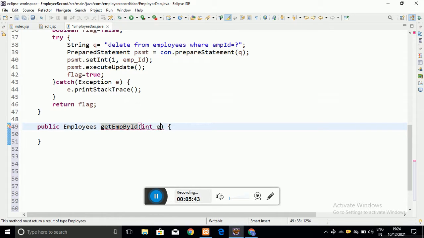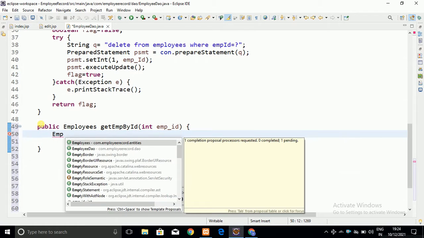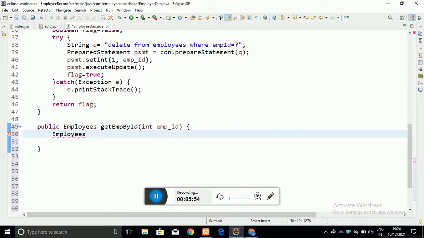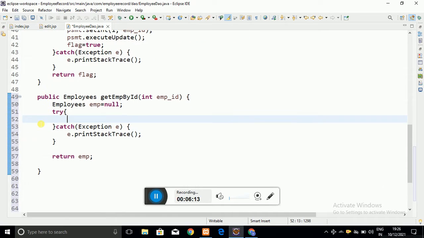First of all, let me declare an Employee instance, which is initially null and which is returned by this method. Here also I need a try catch block, because an exception can be caught here.